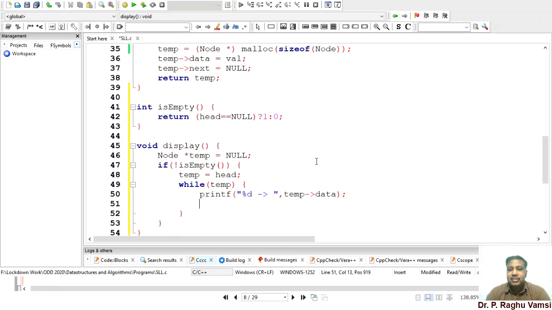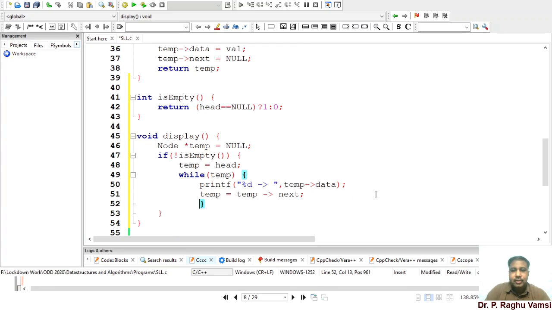To traverse to the next node, the next node's address is there in temp next. So temp is equal to temp next. In this way, you can traverse the node till the end of the list.